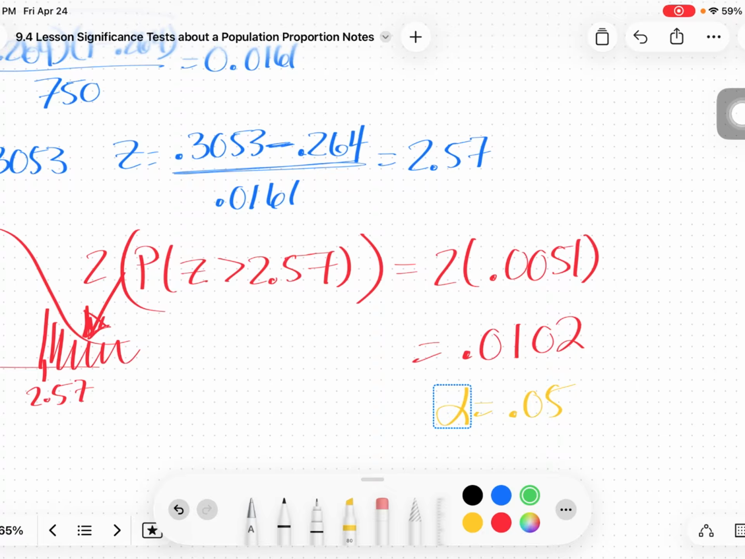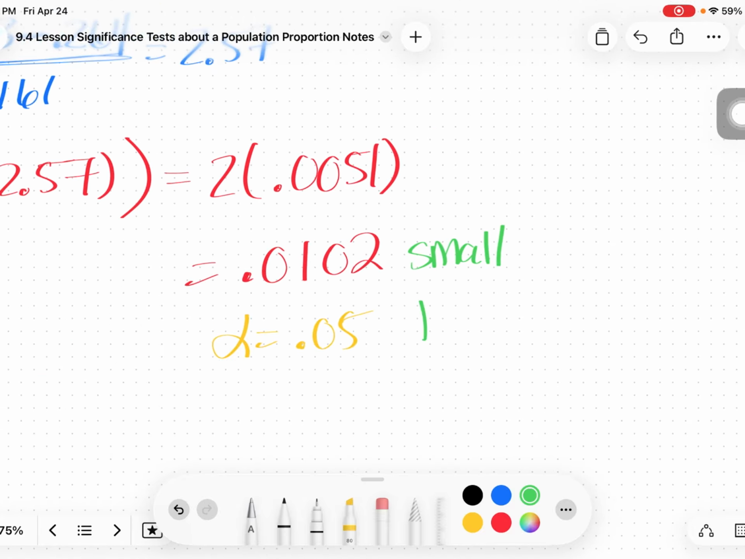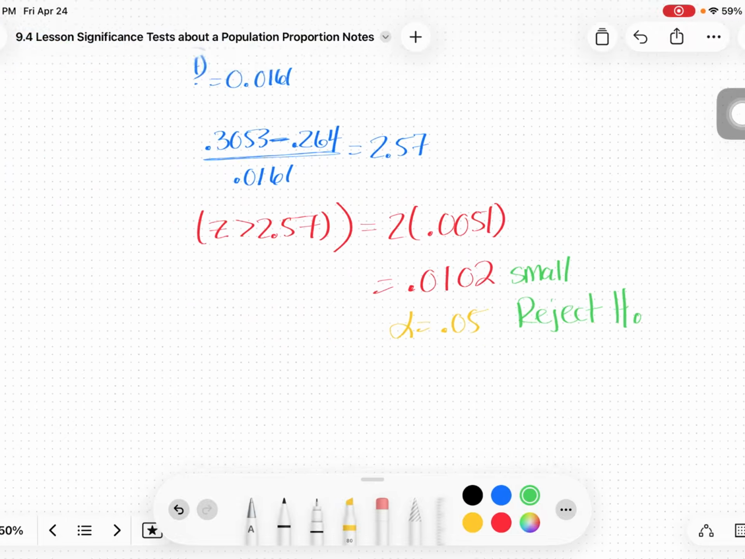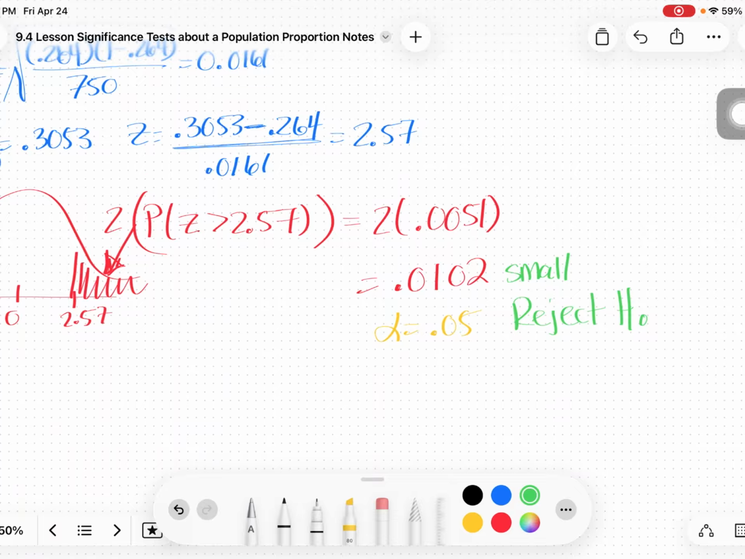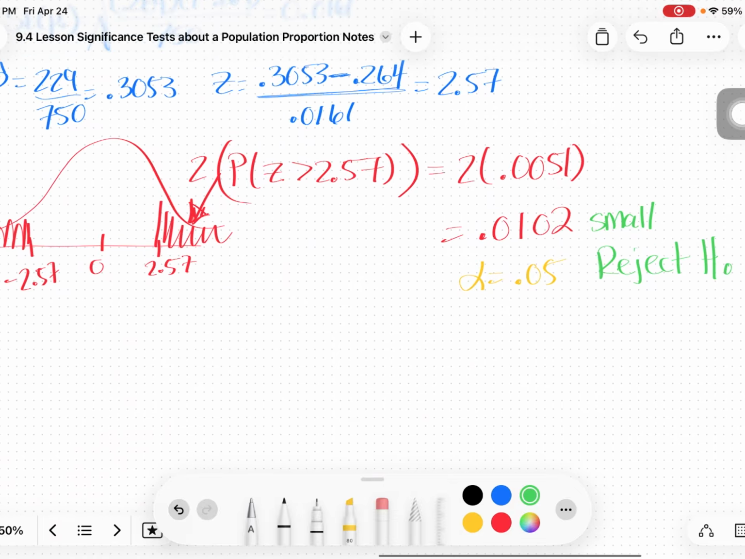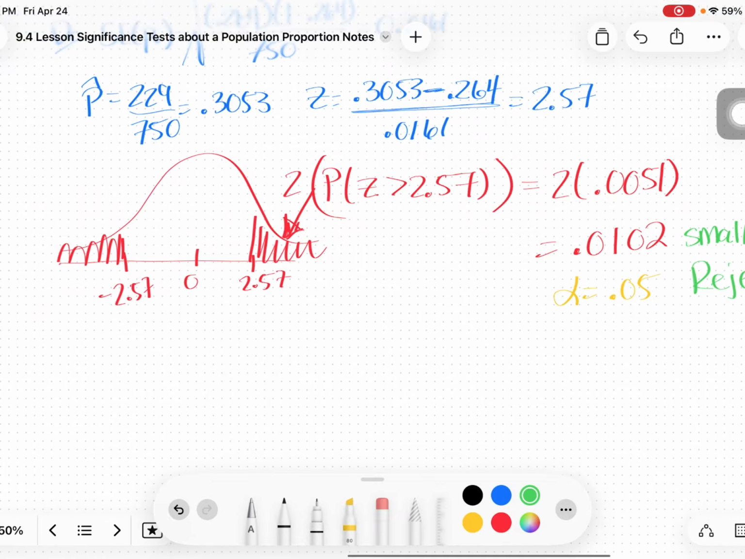We're going to use 0.05 because it wasn't stated in the problem, and so typically when it's not stated, the rule of thumb is to use 0.05. And so in this case, my p-value is small compared to 0.05. And when the p-value is small, you reject the null hypothesis. And when we reject the null hypothesis, we are going to say in our conclusion,